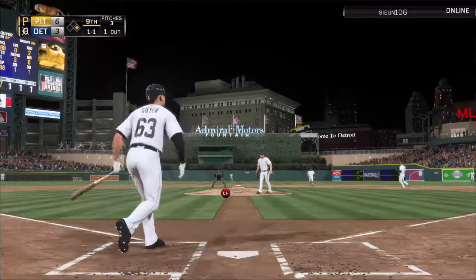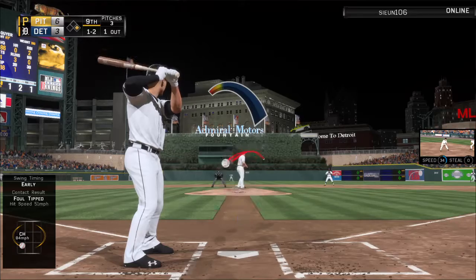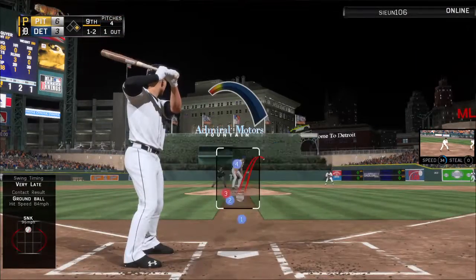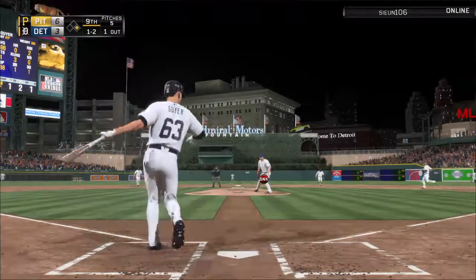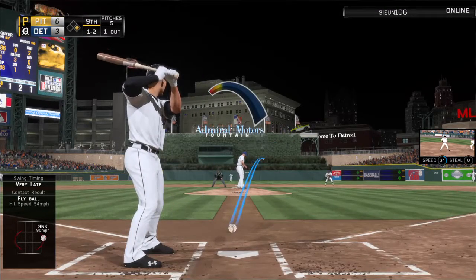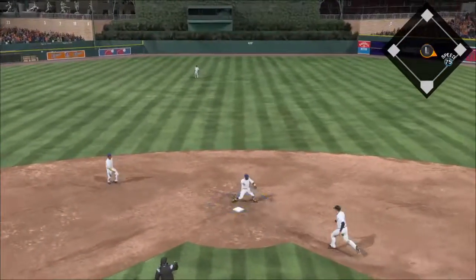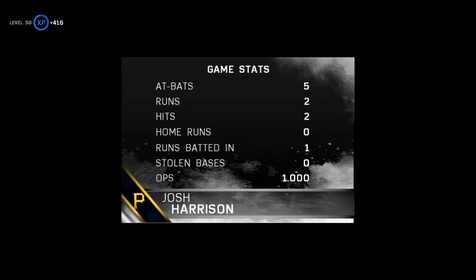Foul right at the plate. The count moves now to 1-2. Here he comes on a ball and 2 strikes. Did a good job to shorten up and protect the plate, and he'll have another shot at it here. Set to deal on a ball and 2 strikes. Now a ball grounded to short. This could be 2. There's Harrison for 1. On to first, and he rolls a double play ball to